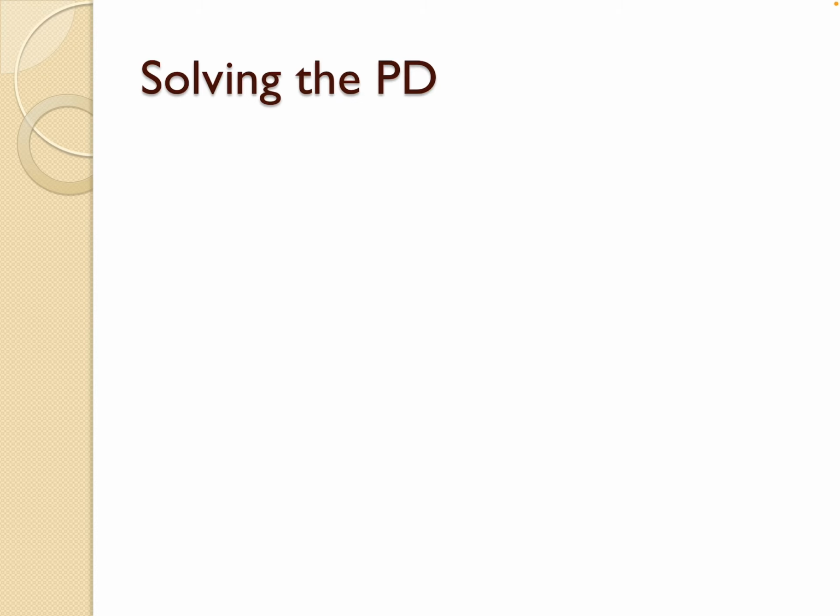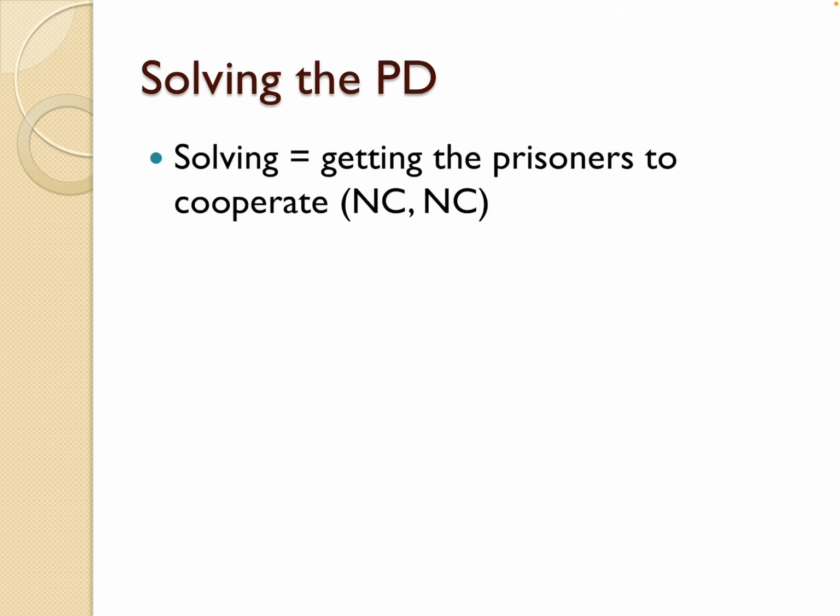And when I say solving the prisoner's dilemma, when I say solving this problem that we've set up, what we mean is getting the prisoners to cooperate, our NCNC sort of outcome. It's not the Nash equilibrium. It's not a thing that happens on its own. The position on our game that happens on its own naturally, if that's the way you want to say it, is going to be to not cooperate.